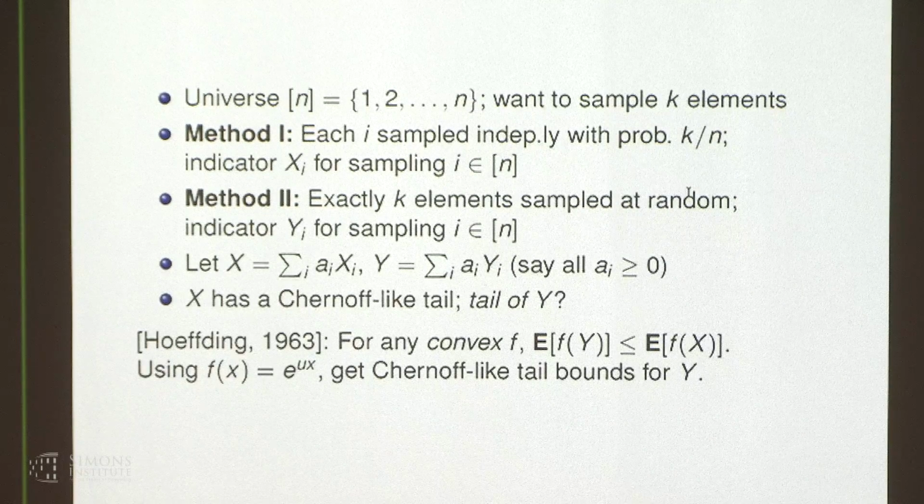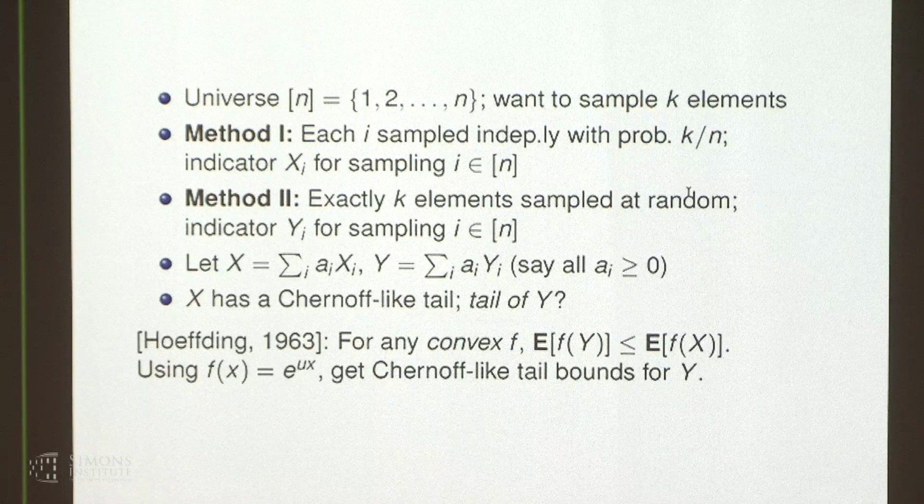So let xi and yi be the indicators, respectively, in these two methods for sampling element i. Suppose you look at a linear combination of the xi's, let's call that x, and the same linear combination y of the yi's. Let's say it's a non-negative linear combination. Now we all know that x has a Chernoff-like tail because it's a sum of independent random variables. What about the tail of y? Well, most of us also know about it, but there is this somewhat forgotten result of Hoeffding, which is actually pretty strong, which says that